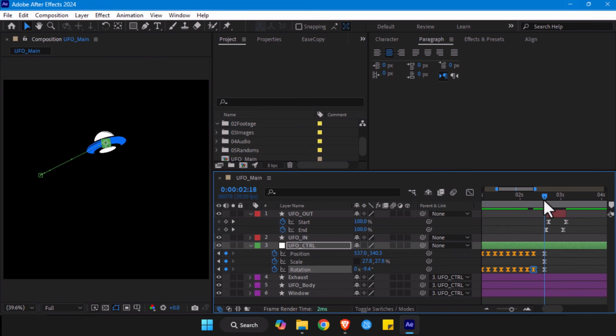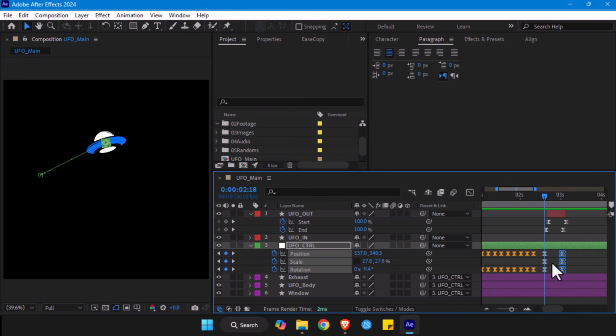Okay, and to do that, the shortcut is Shift Page Down. So I'm going to press Shift Page Down, and then I'm going to go 2 frames ahead. So we have like 12 frames of animation. So Page Down, and let me go 3 frames. Okay, Page Down. Now I'm going to drop keyframes here, and then I'm going to go back to this